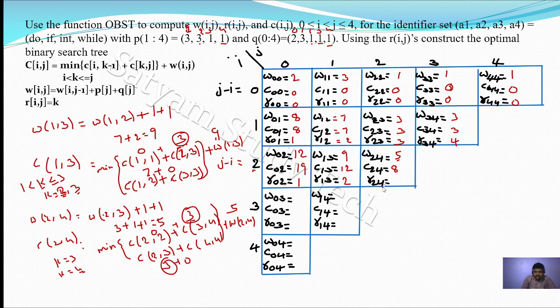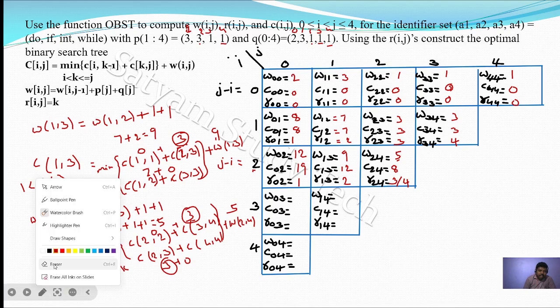So what is the k value? Here it is R of 24, either k. So which value can we consider to get the minimum? So either k value is 3 or k value is 4, we can get the same. So that's why here k value is either 3 or 4. Okay, either 3 or 4. So 5, 8, 3. So like that you can calculate the remaining values.